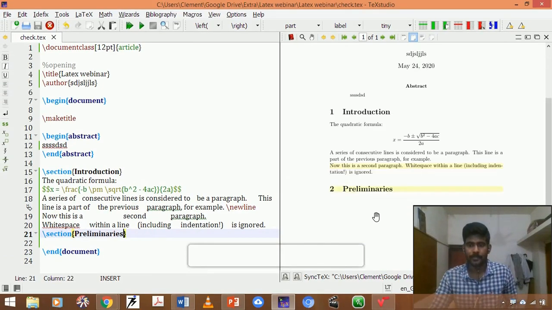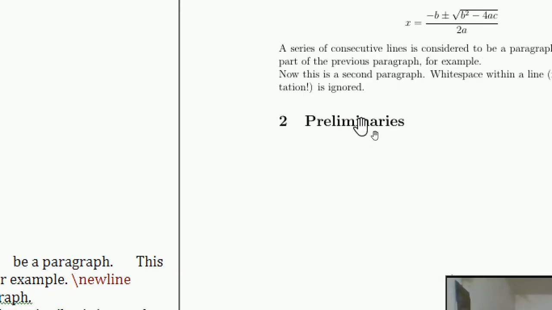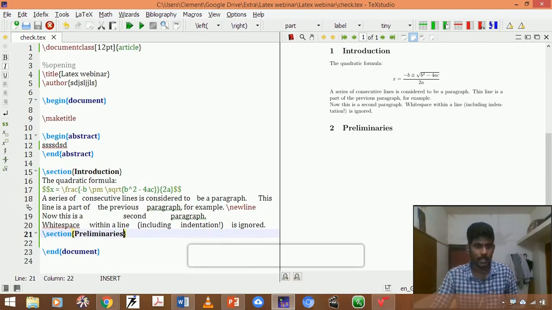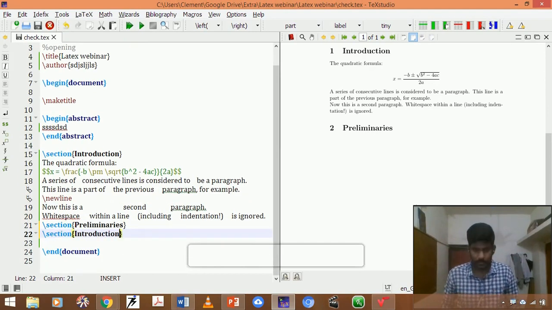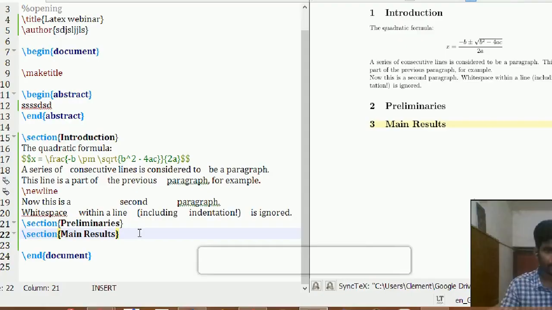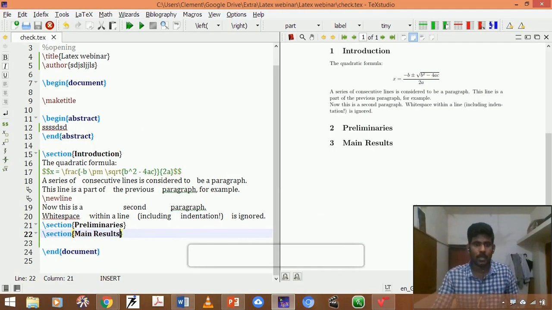See, here you have got a Preliminaries section. Likewise, you can create multiple sections, like Main Results.